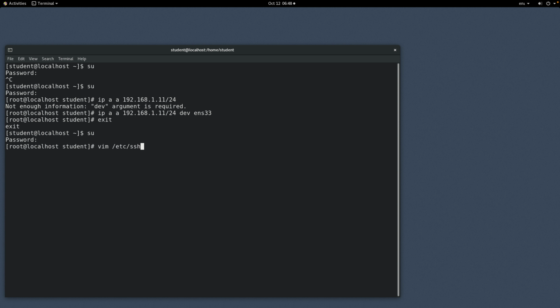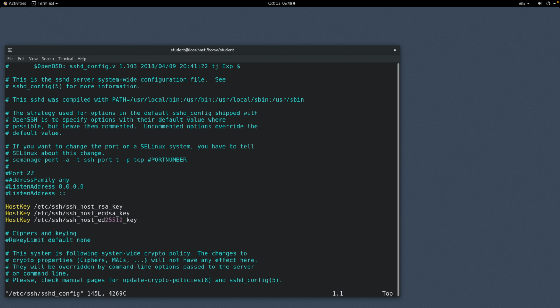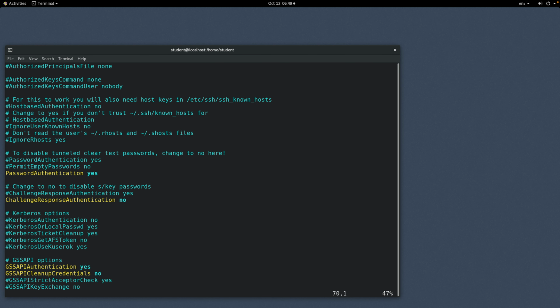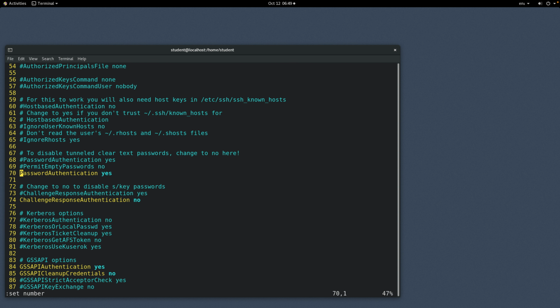So just like every single static config file, if they follow the POSIX standard, it's at /etc/ssh/sshd_config, and you go to exactly line 70. If you are using Vim, 70 uppercase G will bring you to the line, or you can just turn on the line numbers. So it's not the commented out one, it's the one without a hash